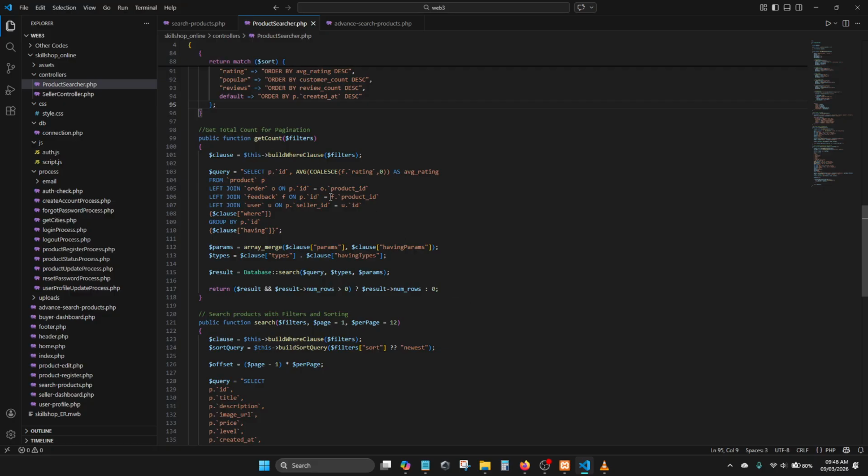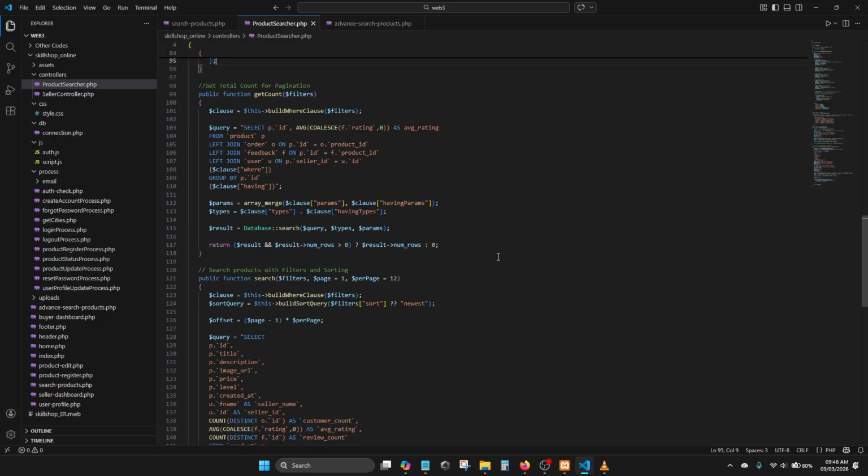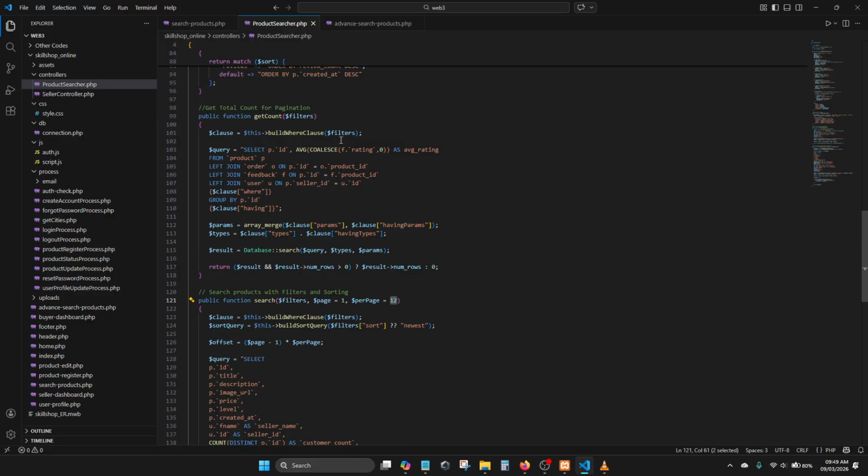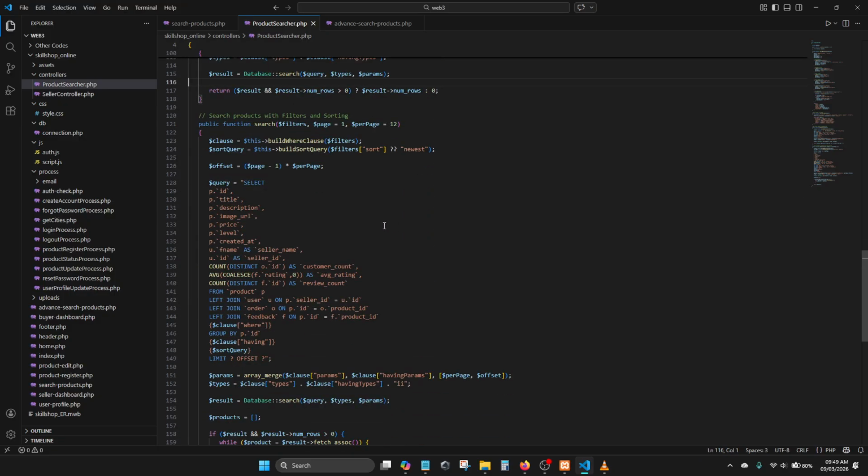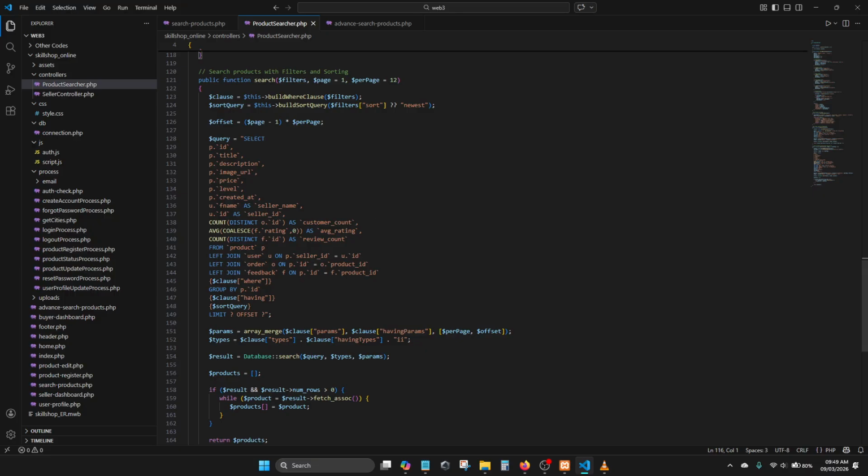We first get the count based on... so this time we have to make sure that the filters are in place. So based on the filters and the amount of products that are left, we get the amount of rows and the relevant information to display our page. As you can see, per page it says 12. Yeah, so this gets the total, and then we have this huge query to actually make sure that everything